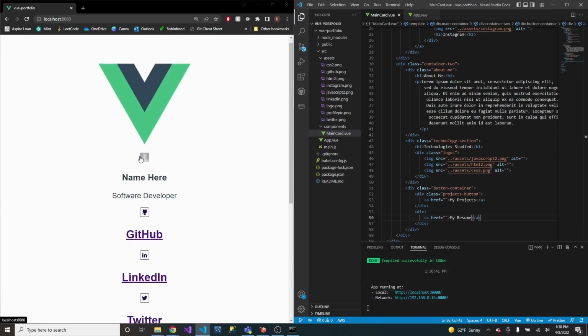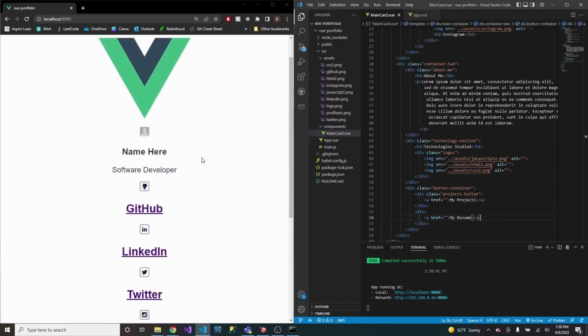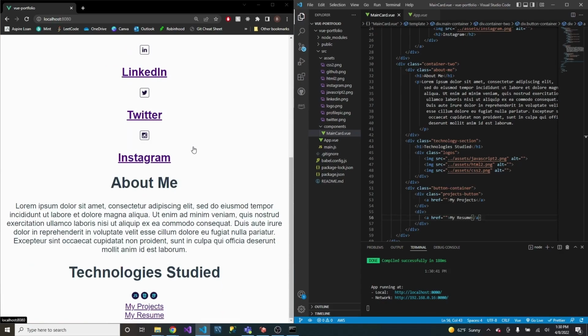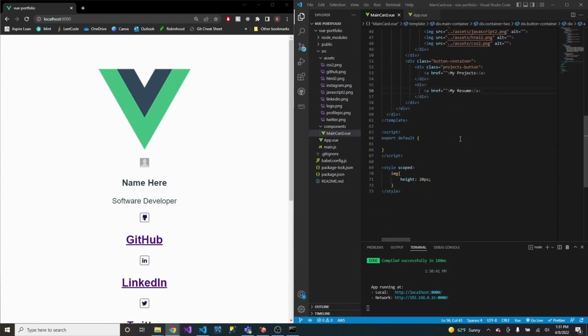All right, great. So we have the general HTML structure of our main card that we're building here. So we have your profile picture, your name, your job title, or wherever you're at in your career, your technology studied, your about me section. So it's looking good so far. And now I'm going to go down and start building some of the CSS here. The main reason we have these container 1 and container 2 is we want them to be side by side. So let's call our main container,